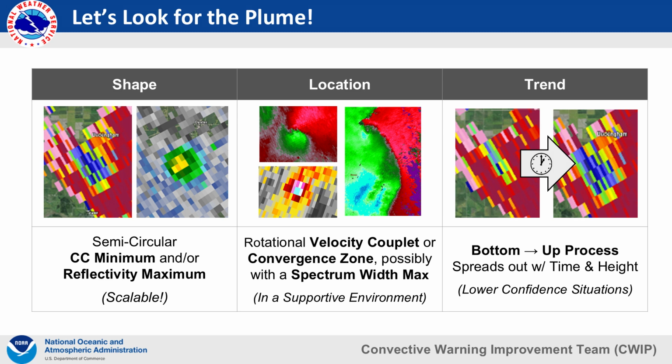Finally, assess trends in the plume. Ensure it is originating at the lowest tilt in a concentrated form and spreading upward and outward with height and time. Now, this last component requires a temporal continuity in the signature, and in a warning environment, time is of